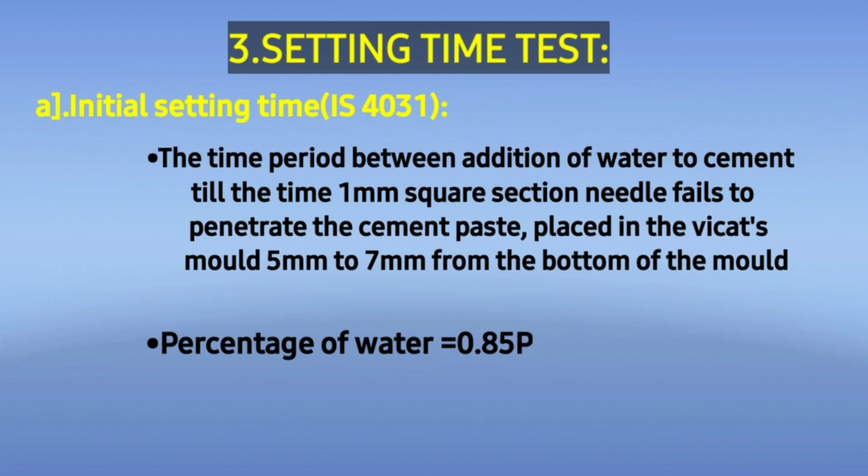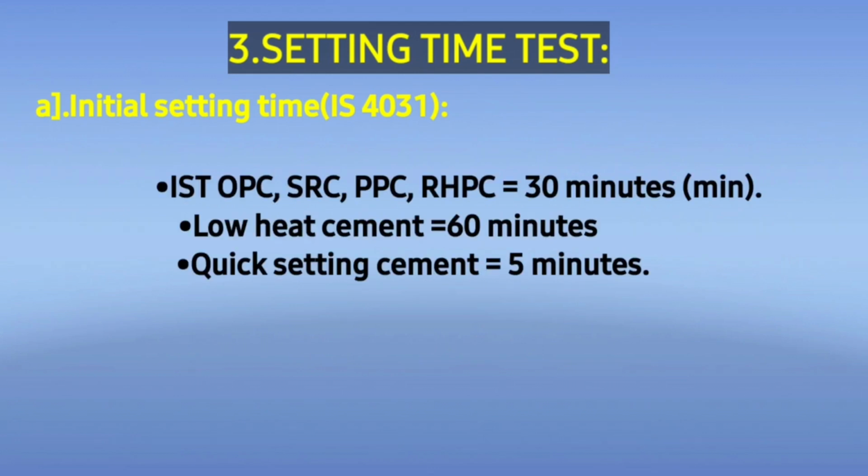सेकंड, जो प्लंजर 10 mm डाया की यूज़ होती थी कंसिस्टेंसी टेस्ट में, इस टेस्ट में उसको रिप्लेस किया जाता है 1 mm नीडल के साथ जो फ्लैट क्रॉस सेक्शन की होती है। सीमेंट पेस्ट को उसी तरीके से बनाया जाता है, वीकार्ट मोल्ड में फिल किया जाता है। उसके बाद उस मोल्ड को पेस्ट के साथ प्लंजर नीडल के नीचे रखा जाता है। तो इनिशियली नीडल फुल पेनिट्रेट कर जाती है, पर टाइम के साथ सीमेंट जैसे जैसे सेट होता है वो उसकी पेनिट्रेशन को रेजिस्ट करती है। जिस टाइम पर नीडल टॉप से 33 to 35 mm पेनिट्रेट करे या बॉटम से 5 to 7 mm टॉप पे रह जाए, उसको हम इनिशियल सेटिंग टाइम कहते हैं।